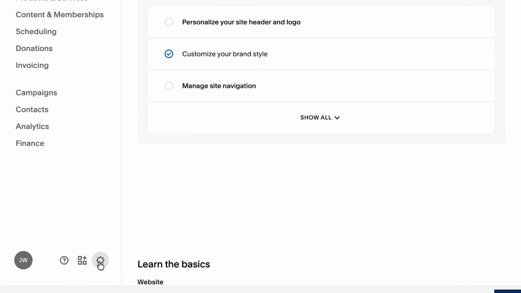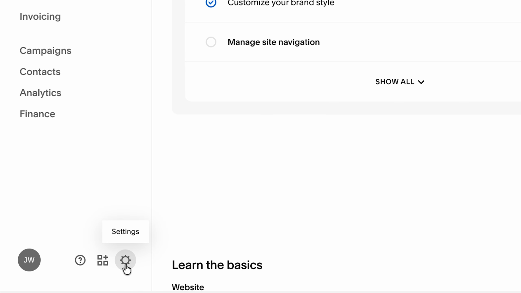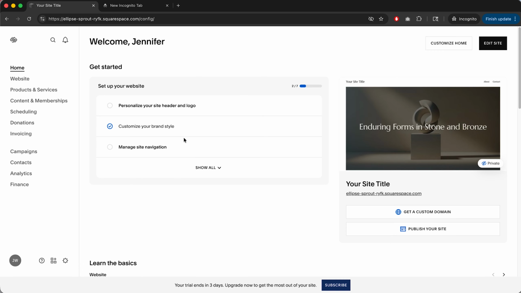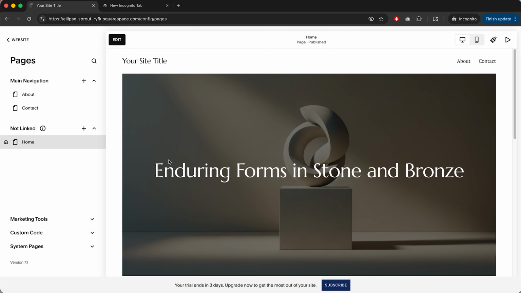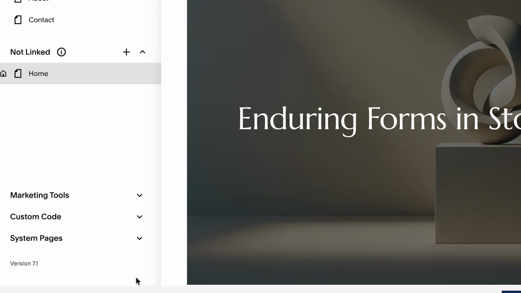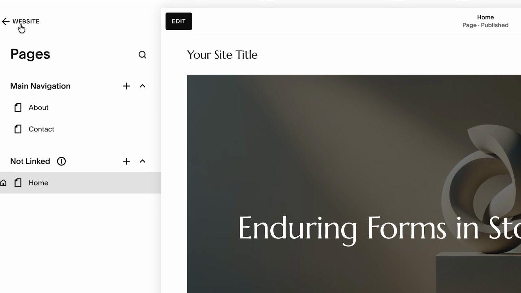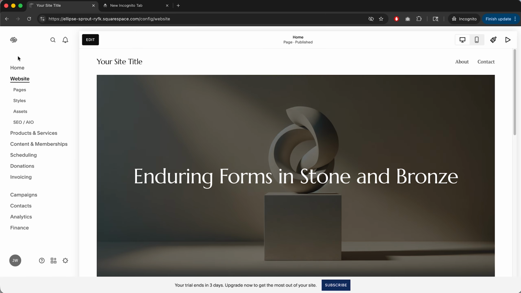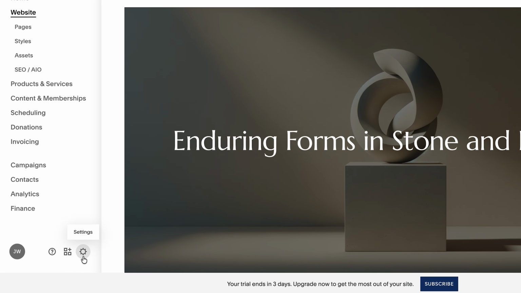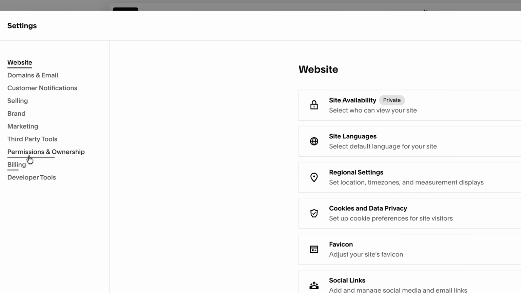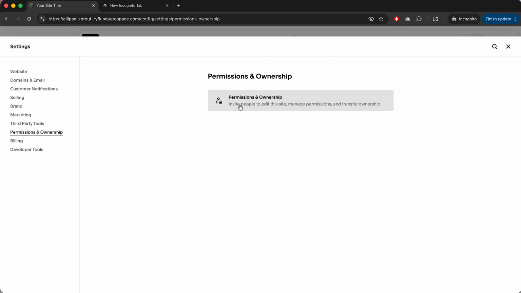From here, you can go to the settings cog icon down here on the left-hand side. If you are not on this page, if you are somewhere else in the editor and you don't see the settings button here, then you can click on the back button in the top left-hand corner until you get to this panel and you see the settings button down here. So clicking on that, I'm going to go over to permissions and ownership, and then I'm going to click here